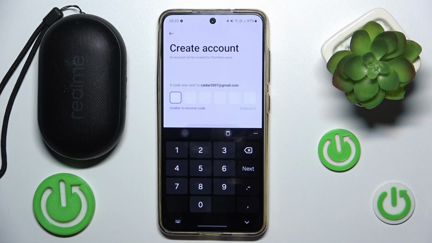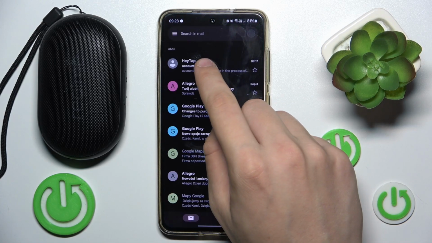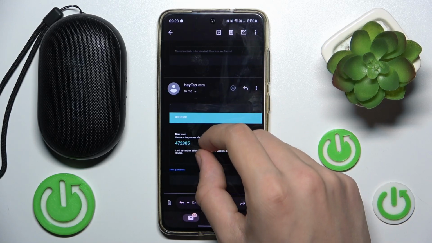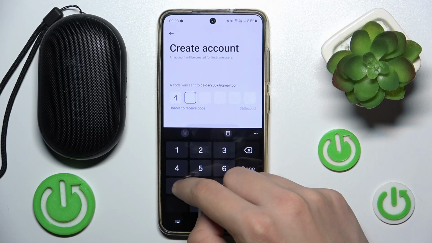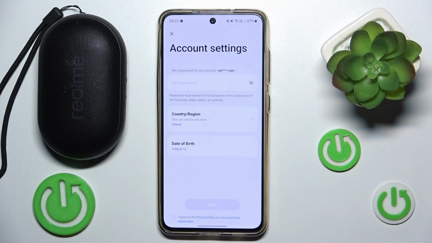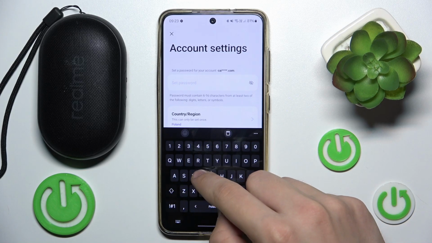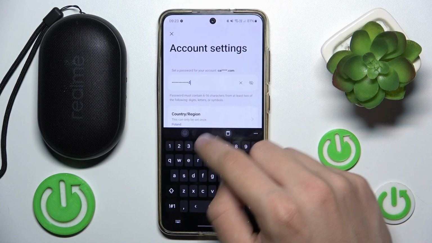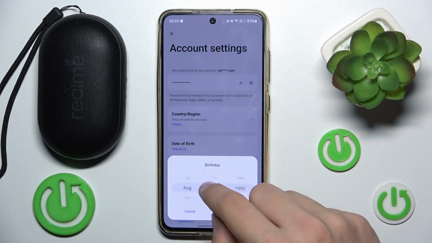insert our code. So that we have to go into our mail and insert our code. Now we have to set our password. Now we have to set date of birth